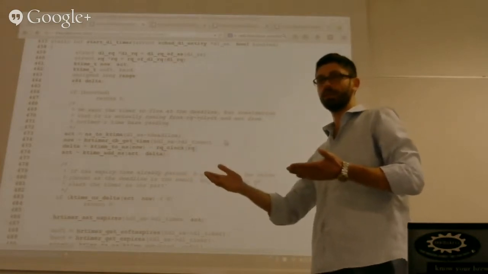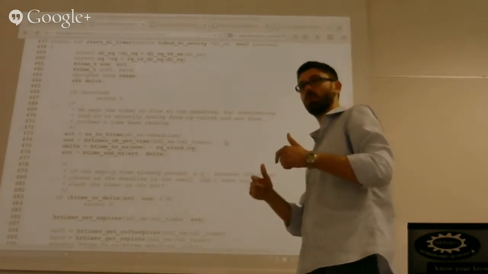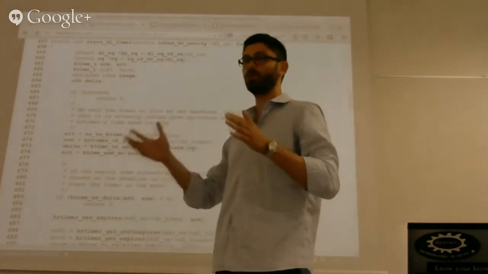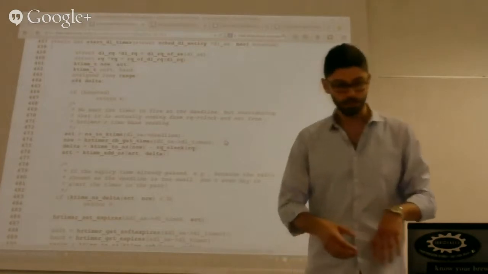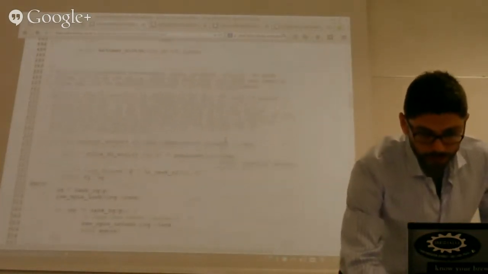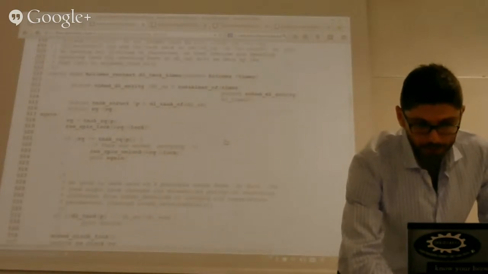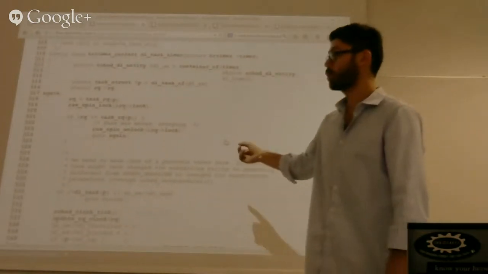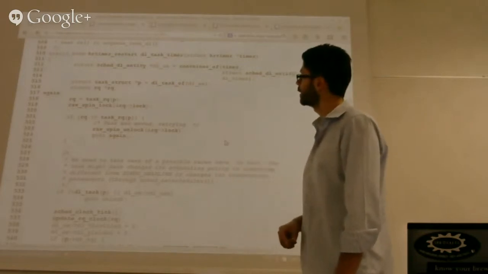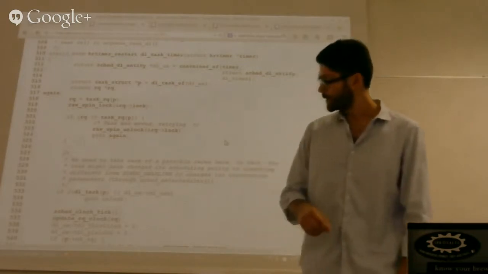that will expire when you are ready. You will be ready to be replenished, so when you'll be ready to get another original amount of runtime. And when this HR timer expires, basically this is the callback for the HR timer, and